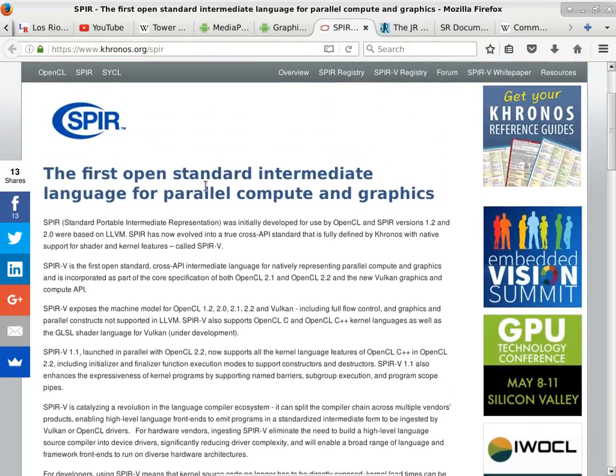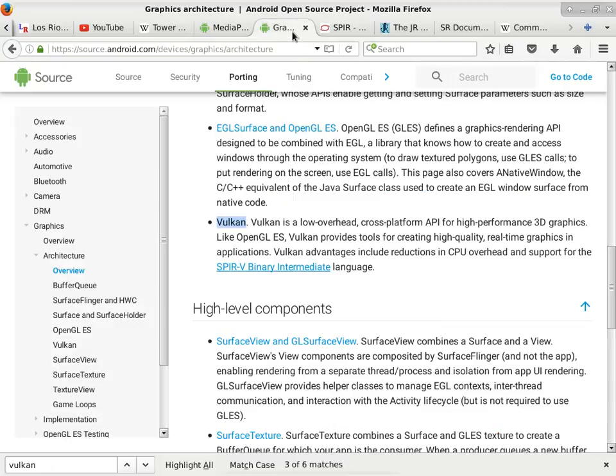Okay, cool. So this is the new standard, first open standard for parallel compute and graphics. And in this case, Vulkan is the API to enable it. Okay, includes reductions in CPU overhead and support. So I'm not really sure what they mean when they say support for the